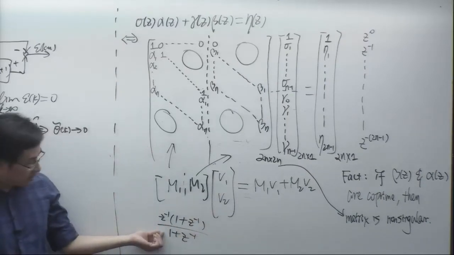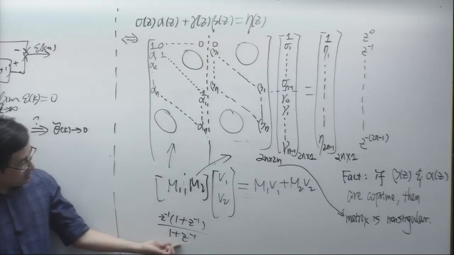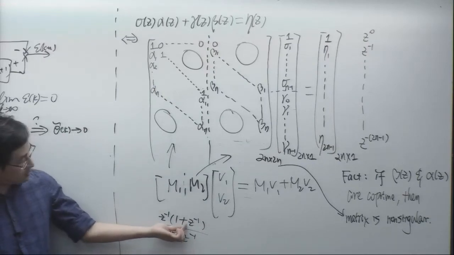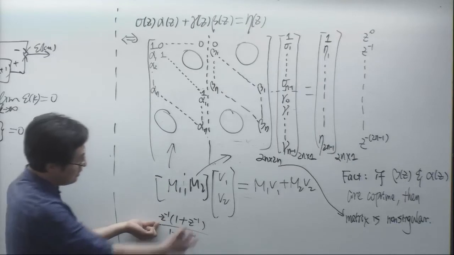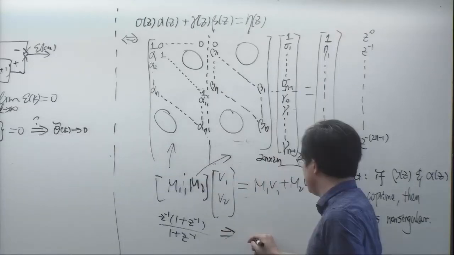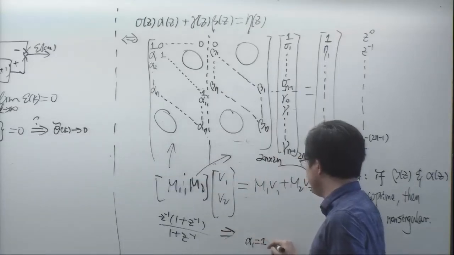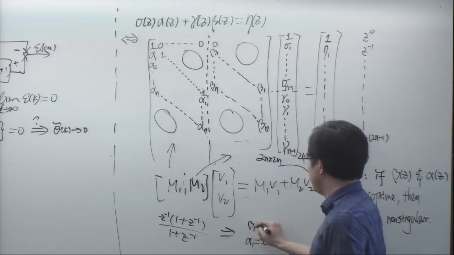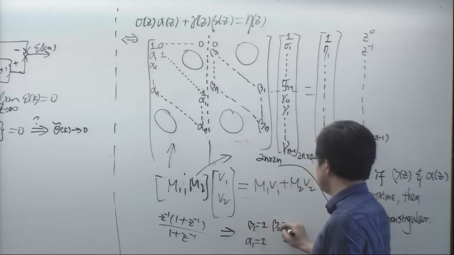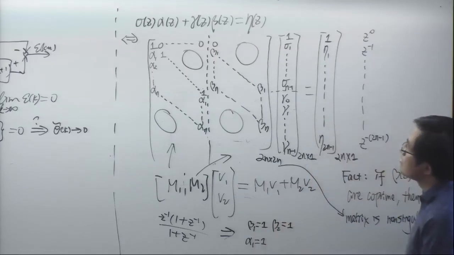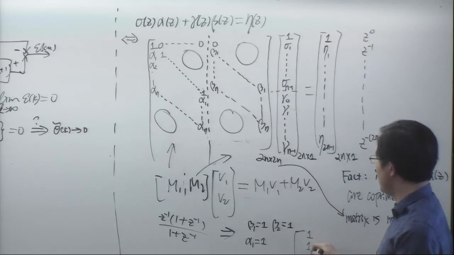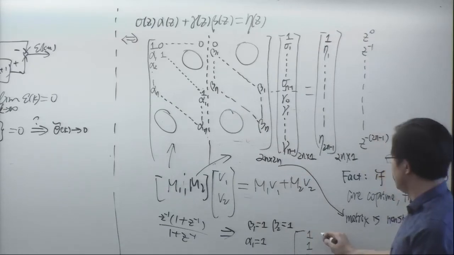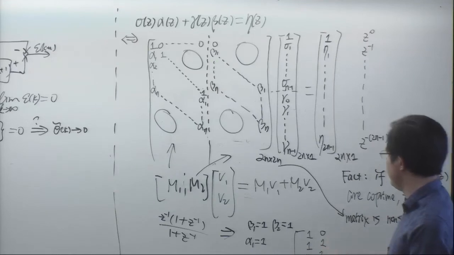So in this scenario, the denominator is 1 plus Z inverse, the numerator is 1 plus Z inverse, and then a delay operator. If this is the case, then you can check: alpha 1 is 1, beta 1 is 1, beta 2 is 1. The matrix will look something like 1, 1, 0, 0, 1, 1,